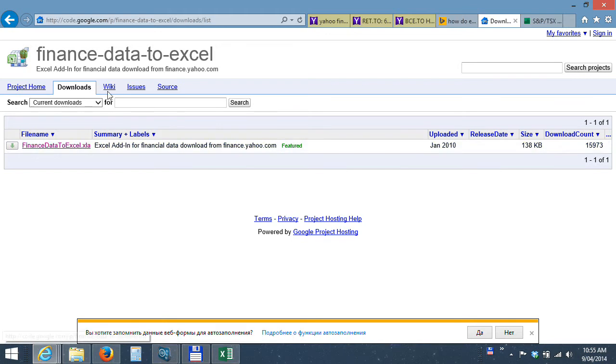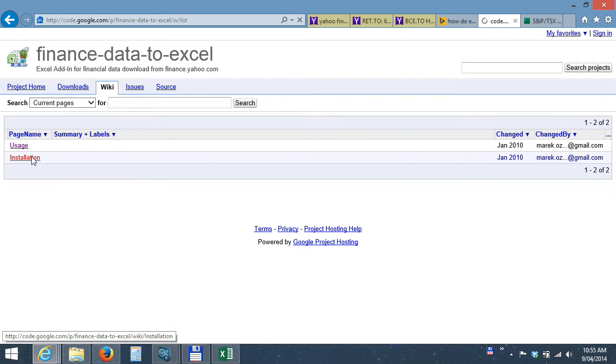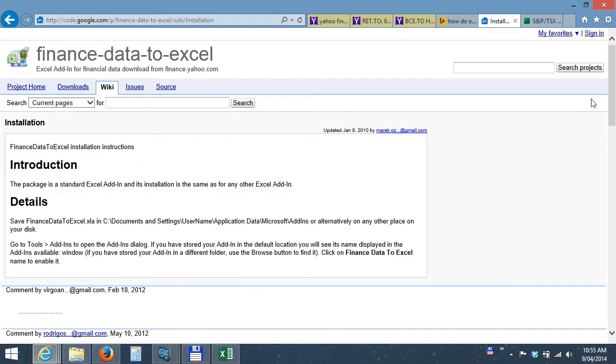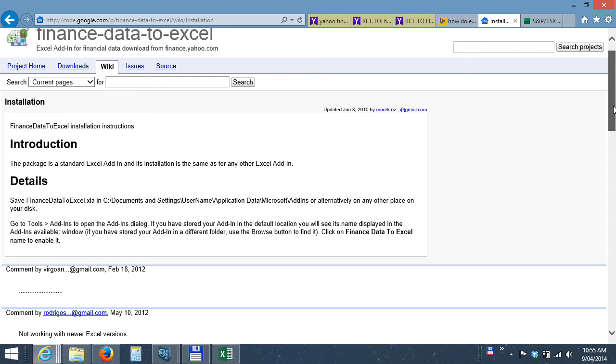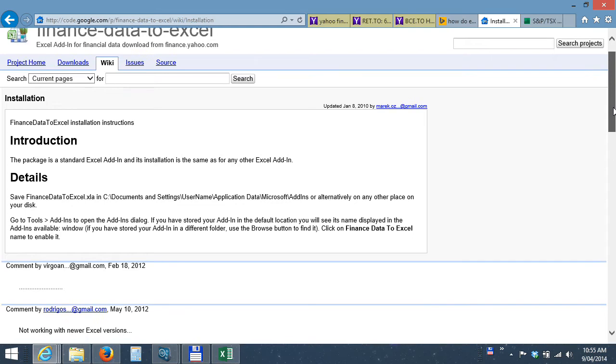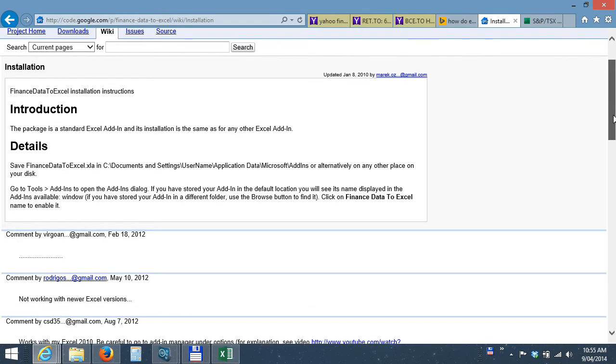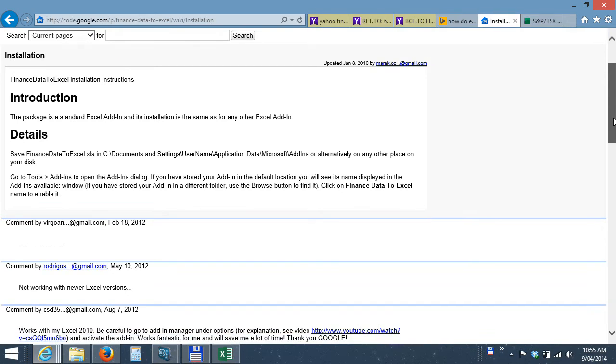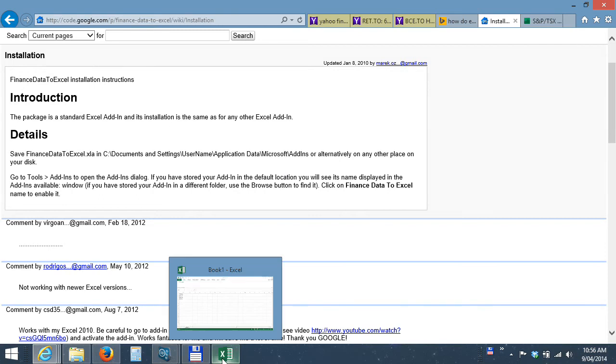this website, and under the Wiki tab here, you can look at the installation, and it will be very similar to the installation instructions that I've put up for Solver and Data Analysis add-in. This is just an external one and is not provided by Microsoft, so you have to manually download it. Details are provided here. You would normally put this file into your Documents and Settings, that would be your username, Application Data, Microsoft, Add-ins, and when you open Excel, it will be available